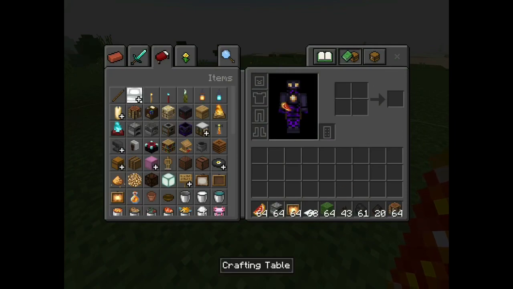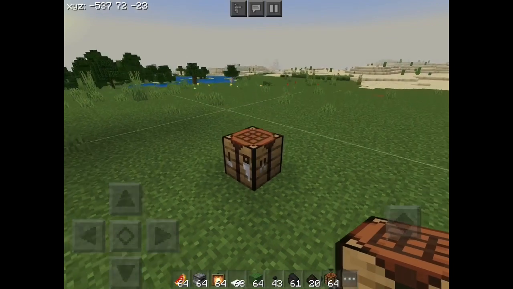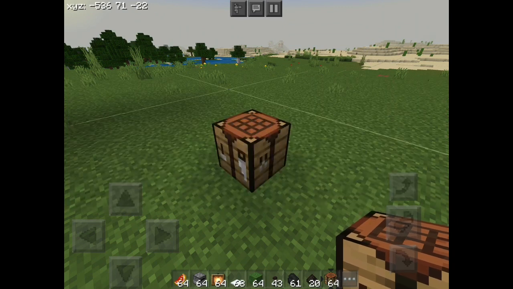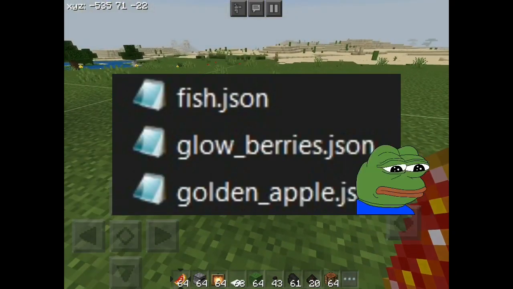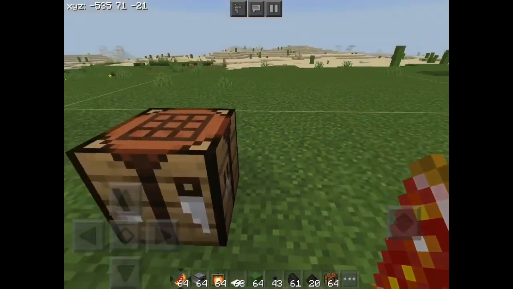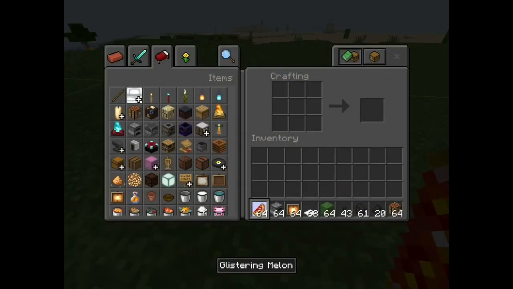Unfortunately, Glistering Melons are one of those items that are hard-coded. Alright, so you have a few items in the vanilla template folders that are there, and mainly consist of like food types and stuff like that. But Glistering Melons are not there, which means they are hard-coded. So you can't change anything about them. I tried, trust me, I tried to make them edible, but it's just not possible with the tools that are given. So what I did instead